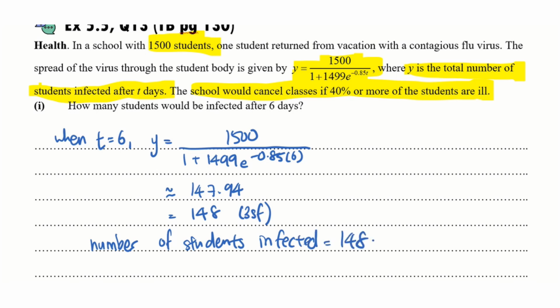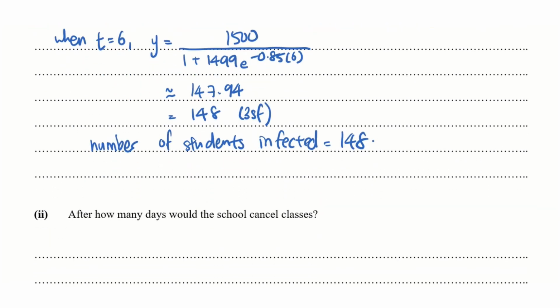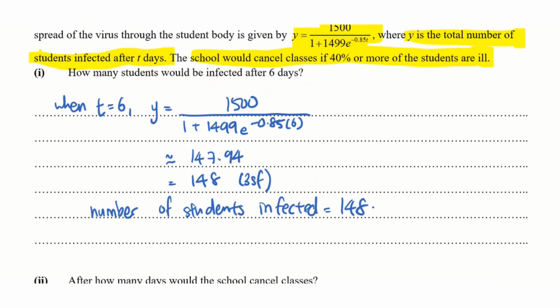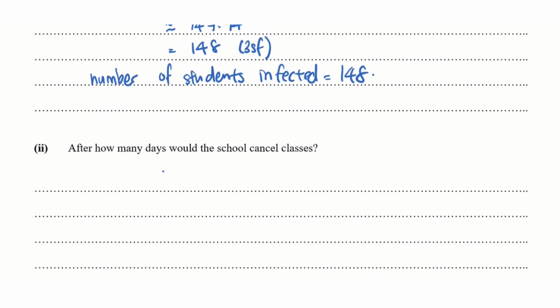All right, moving on to part 2. You want to find out after how many days the school would cancel classes. The question says that the school will cancel class if the number of students infected is more than 40%. The question says that y is the total number of students infected. So if you were to translate that into a mathematical statement, it will mean that school would cancel